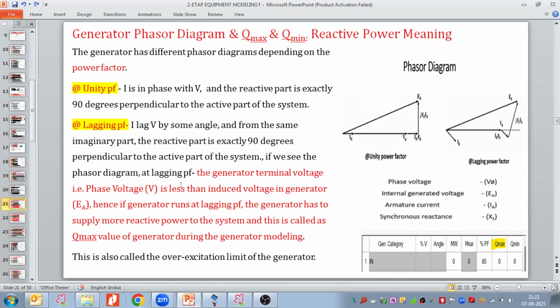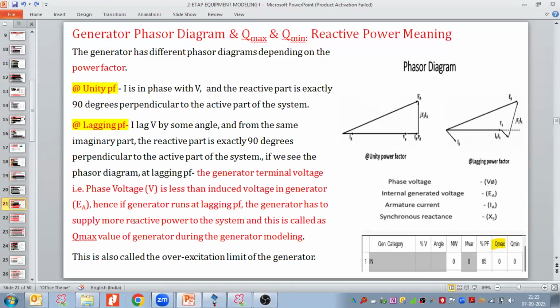Phase voltage is less than induced voltage. As you can see over here, my generator voltage is less than the induced voltage. So in order to maintain the terminal voltage, if the generator runs at a lagging power factor, the generator has to supply more reactive power into the electrical system network, and this is called the Q maximum value of the generator during the